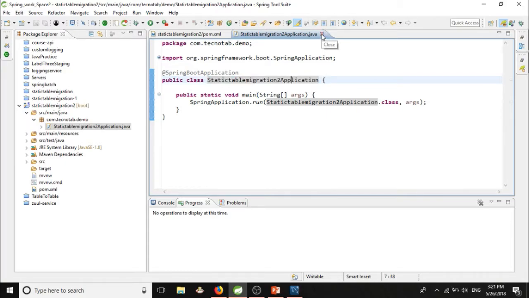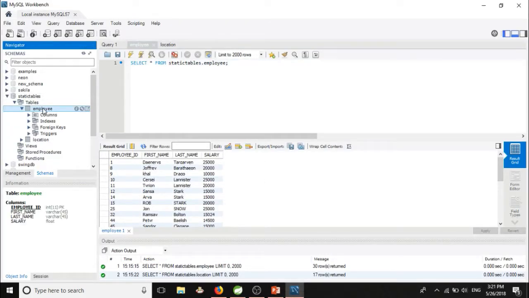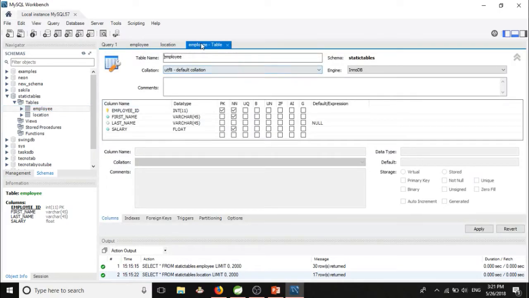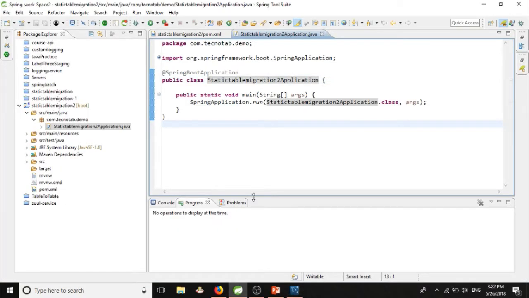The first thing which should come to your mind before starting this is that we have to move these table contents to another schema. So we should go step by step. Let's take the employee table. The thought which should come to your mind is that we have to create an employee entity class in our project. Let's see all the fields first. For the employee table, these are the fields. Table name is employee, employee ID, first name, last name and salary. For all these fields we have to create an entity class. So let's create an entity class.